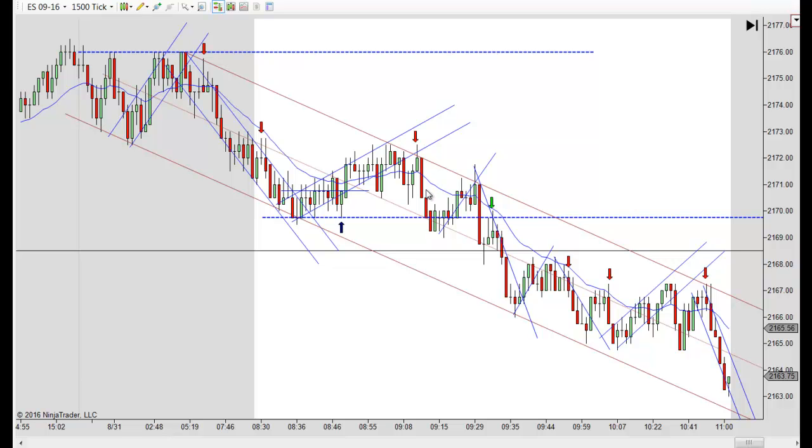So yeah, this turns out to be a nice trap. And you can tell it was a good trap because look how it shot right down. And then of course it bounced at the support area. You could have considered going long here. I didn't like it because it's got all that overlap, and there's a doji in there, a couple of dojis in there. So, I mean, you probably could make that one green. I'll give you that one.